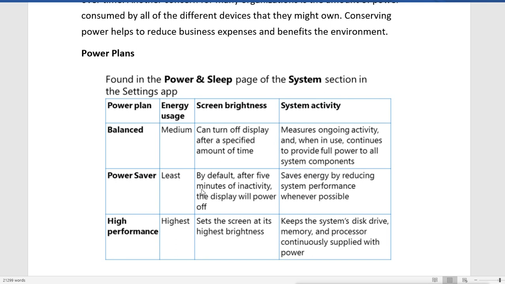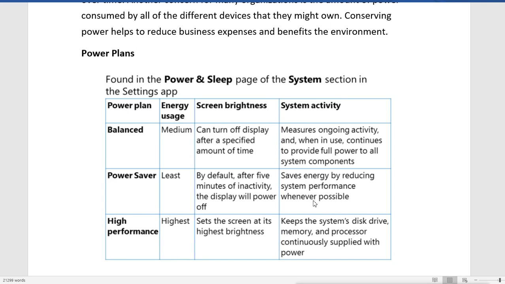By default, after 5 minutes of inactivity, the display will power off to save power. Remember, your screen takes a lot of power. Then it saves energy by reducing system performance whenever possible. That means when you are not using your system, applications which are not required will not work and will not be given power.